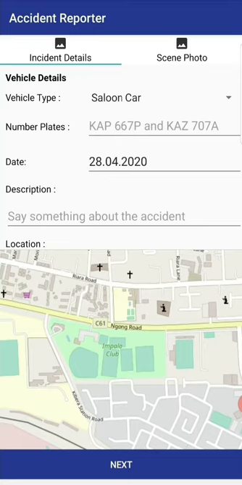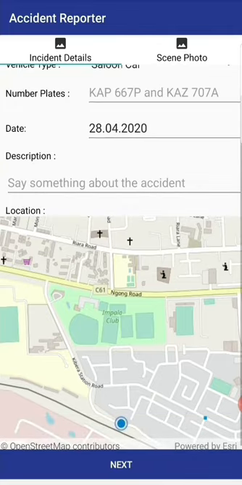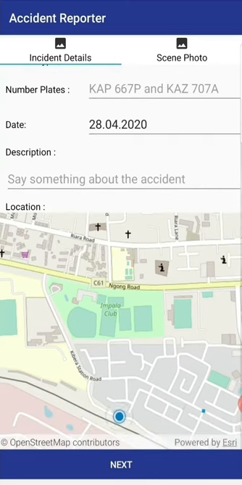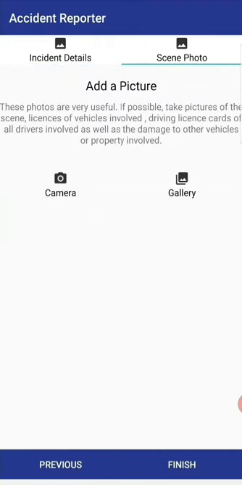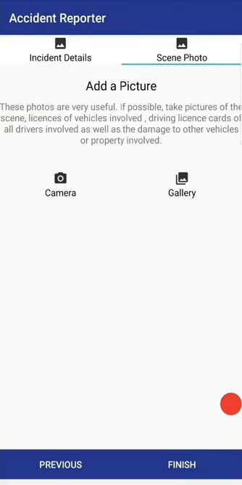The date picks automatically to avoid any kind of mistakes, and then you add a description saying something about the incident. The location again picks automatically to avoid any mistakes or errors. And then you come next, where you can either go to the gallery or select the camera, and once you select the camera, you can take a photograph, and once you take the photograph, you can say okay, and you can finish. Once you finish, the insurance can get